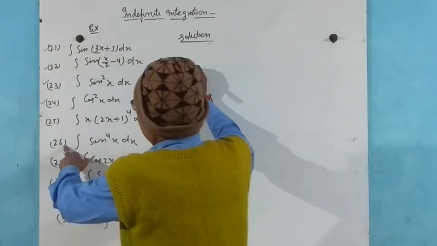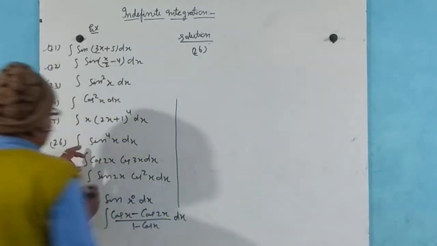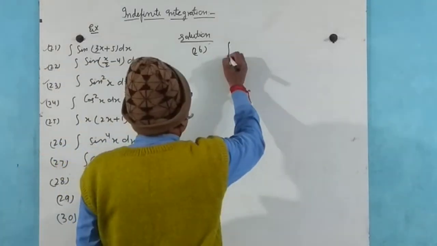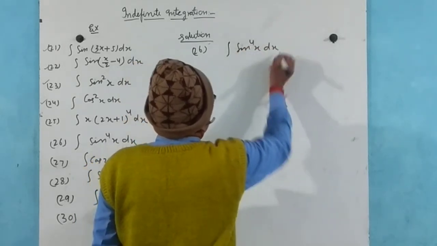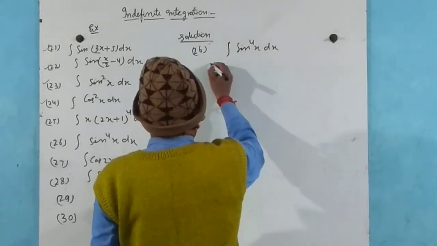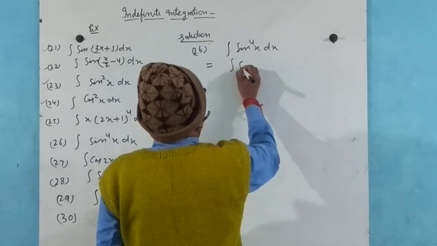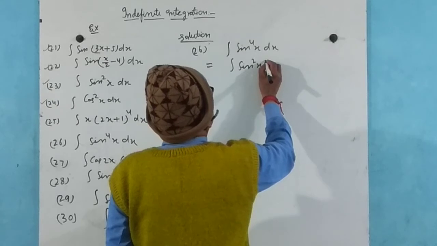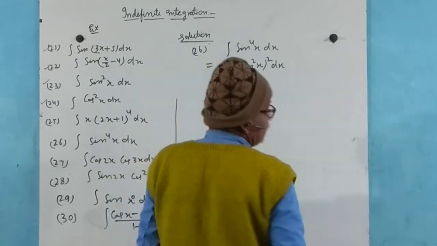Question number 26. Here integration of sin to the power 4 x dx, and this can be written as integration of (sin square x) to the power 2 dx, and